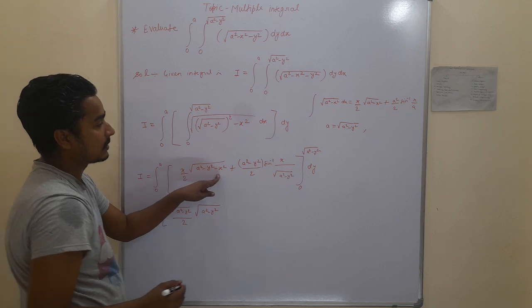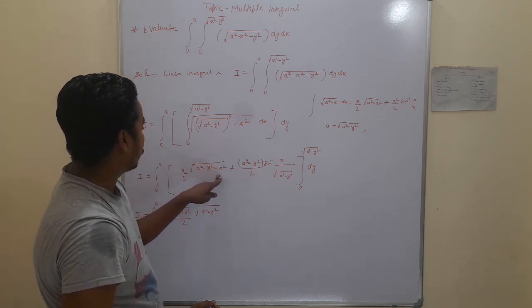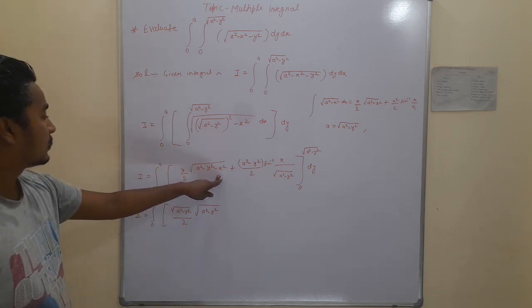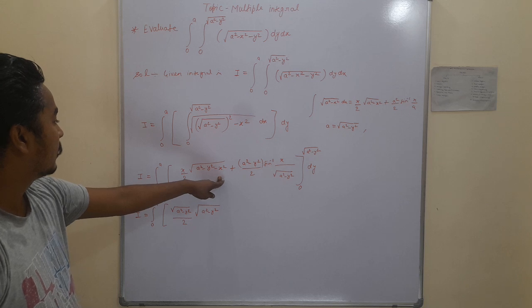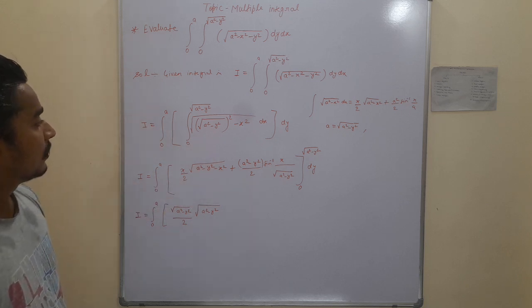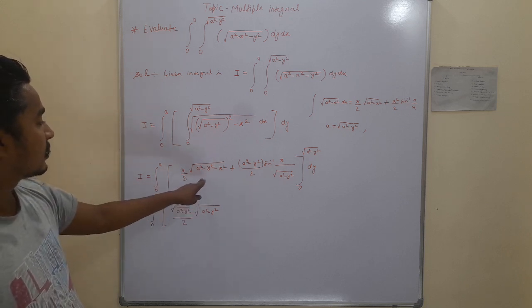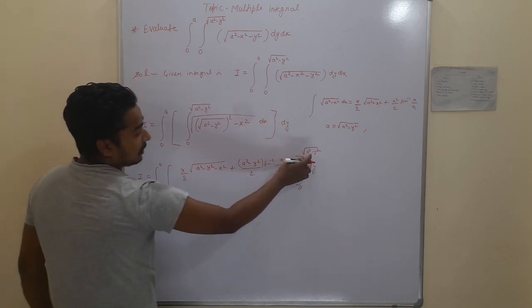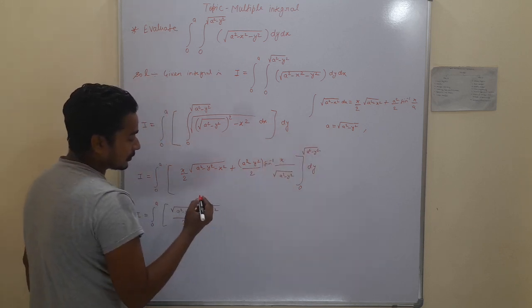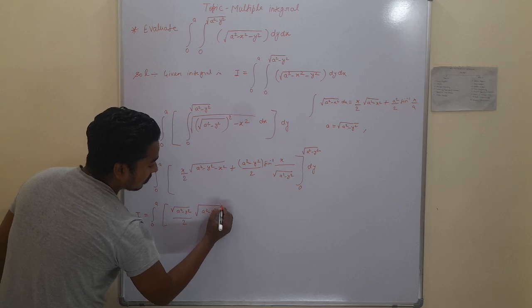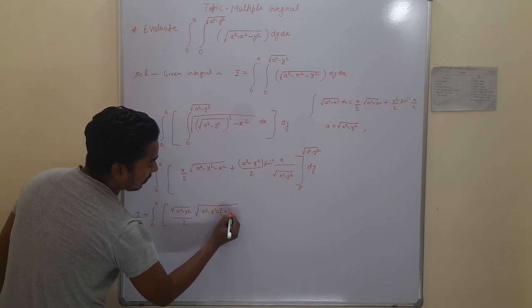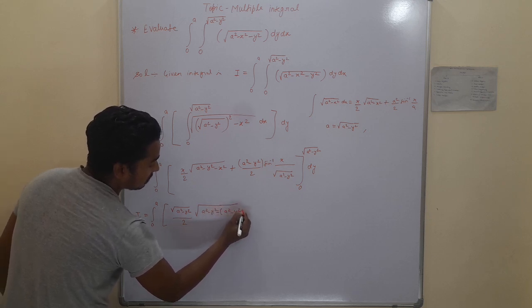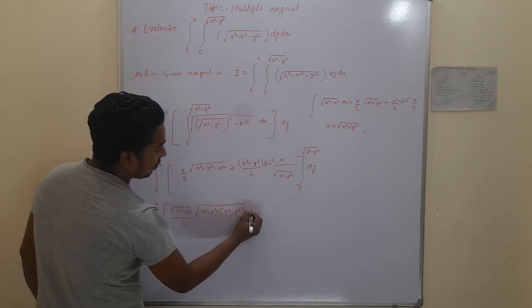In place of x we put the limit square root of a squared minus y squared, and on squaring we get a squared minus y squared plus